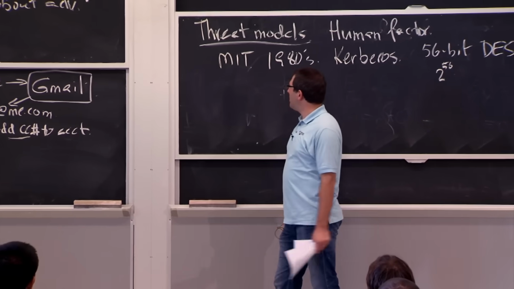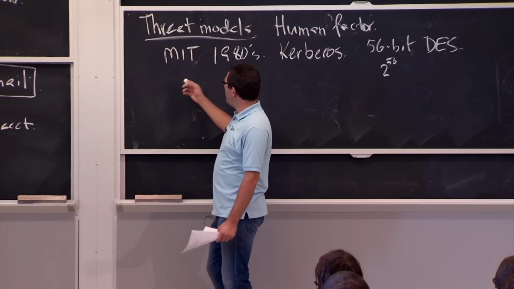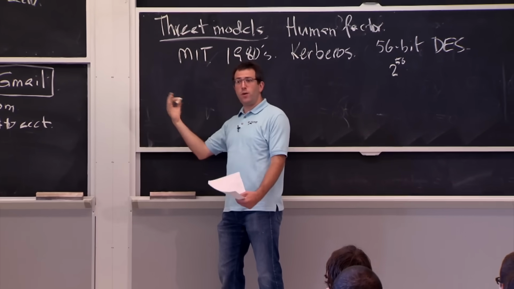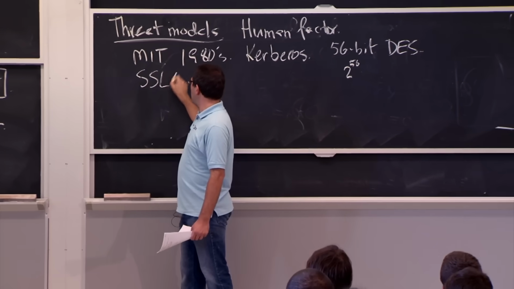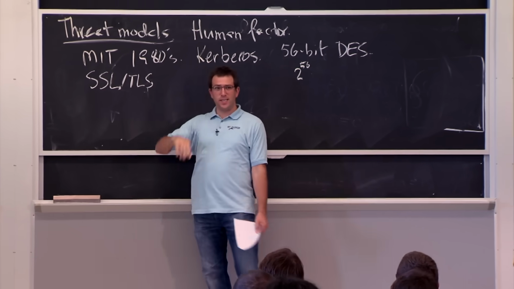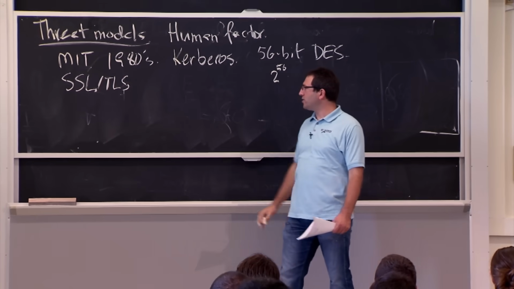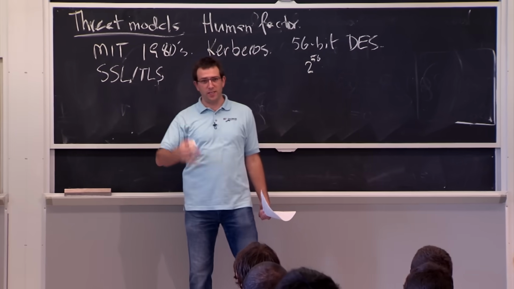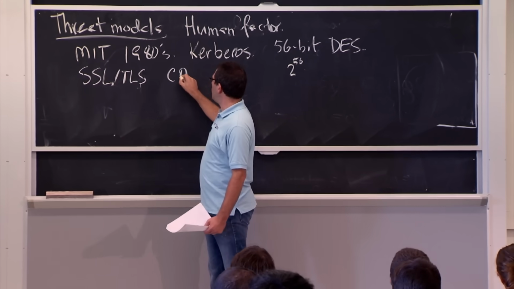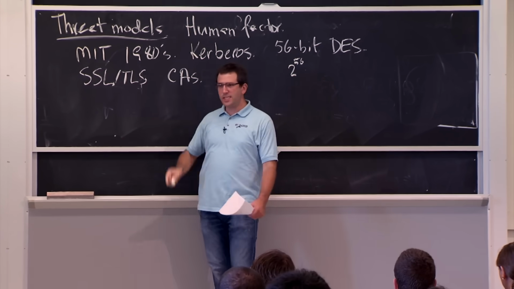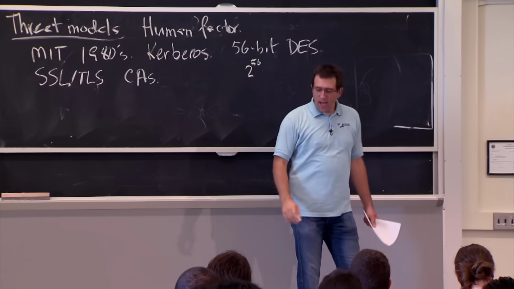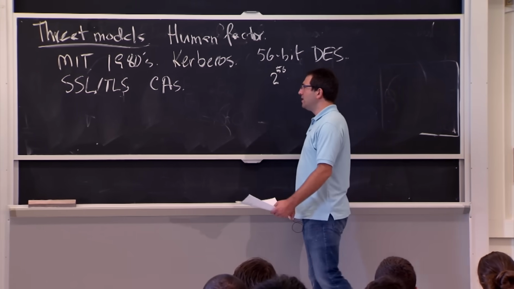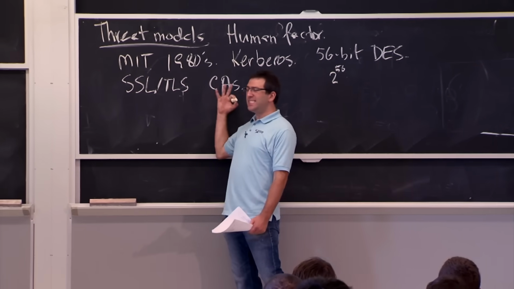Another example of a bad threat model shows up in the way secure websites these days check certificates of a website that you're connecting to. In the SSL protocol, or TLS, when you connect to a website and it says HTTPS, we'll talk much more about this in later lectures. What happens is that the site you're connecting to presents you a certificate signed by one of the certificate authorities out there that attests that yep, this key belongs to Amazon.com. And architecturally, the mistake, or the bad threat model, that these guys assumed is that all these CAs are going to be trustworthy.